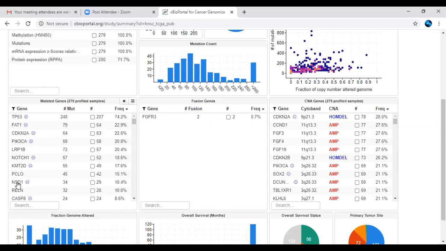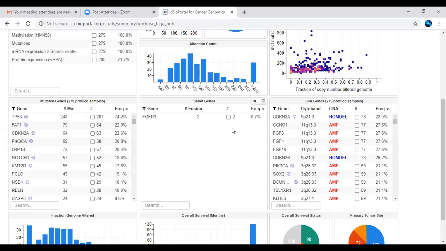Likewise, all the genes have been listed. If you want to download all the genes with respect to the 279 samples, you can directly download from here. All the data will be downloaded, and you will get the targeted genes with respect to this particular cancer type and the samples mentioned here.